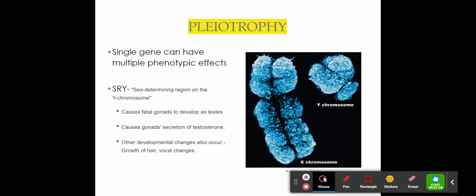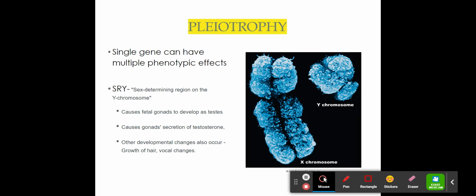Pleiotropy, this was one of our vocabulary terms. So this is kind of the flip flop where polygenic meant many genes. Pleiotropy means that one gene can code for multiple phenotypes. So an example of this is the SRY gene, which is on the Y chromosome, and it's what determines sex